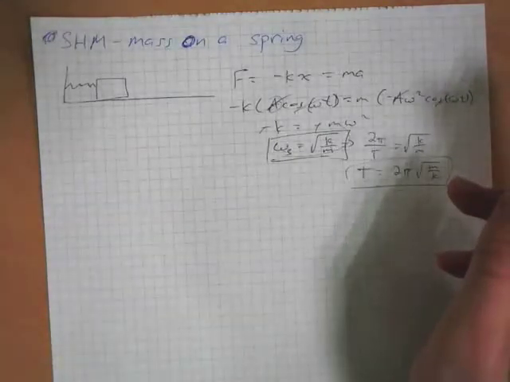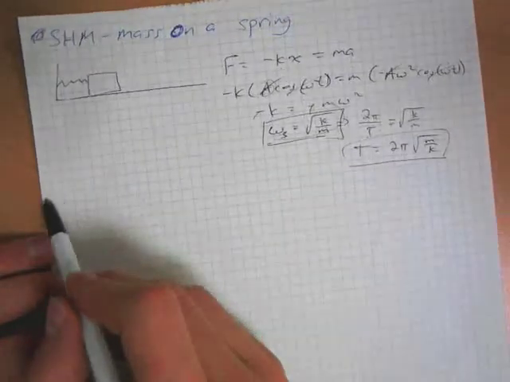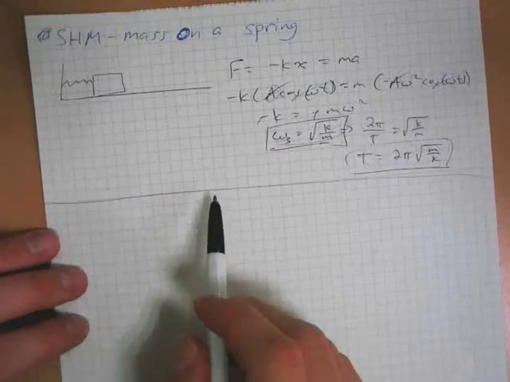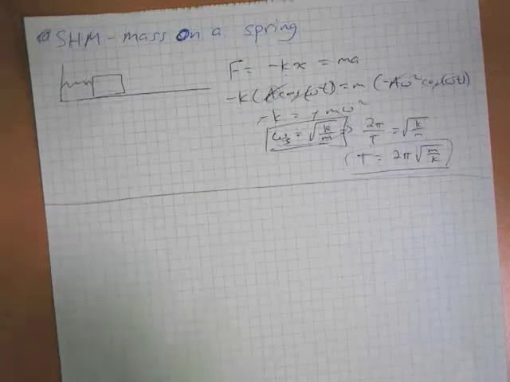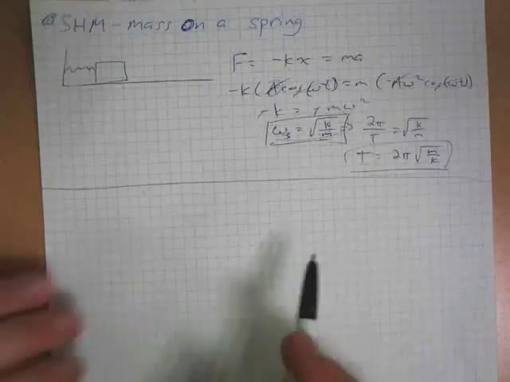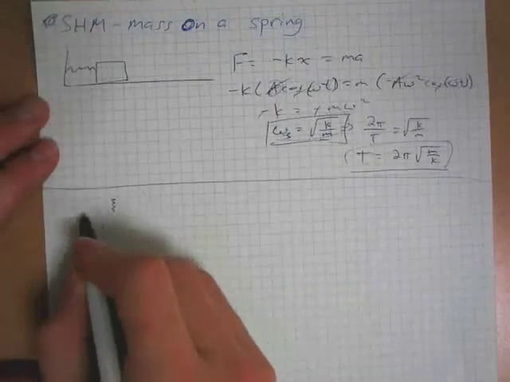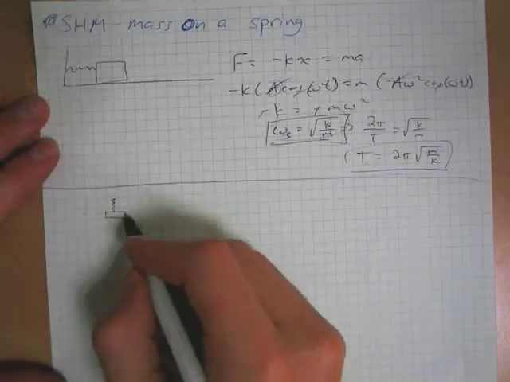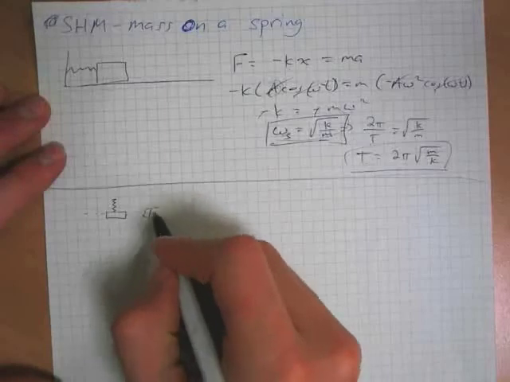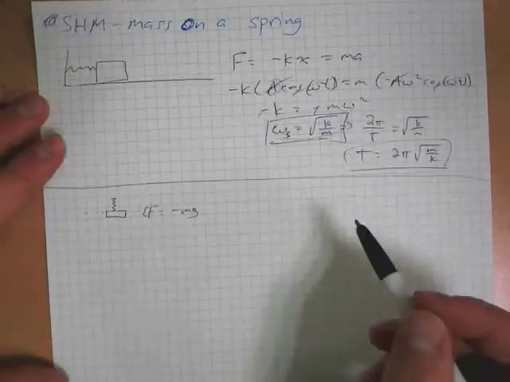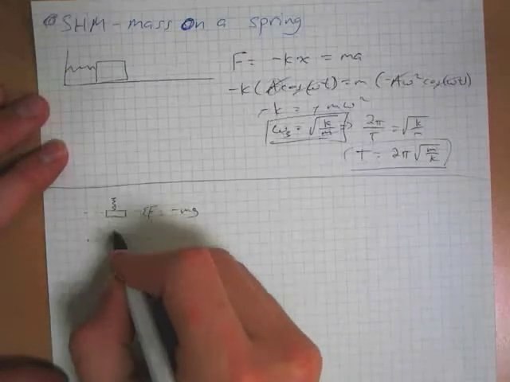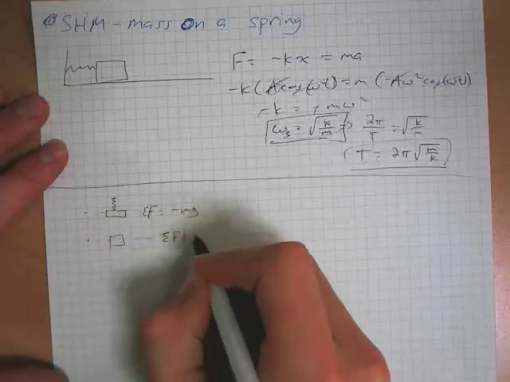A vertical spring actually follows the same sort of pattern as a horizontal spring. You'd think that with gravity being involved, it might work out differently, but that is not the case. If we look at forces on a vertical spring, say up here at the equilibrium position of the spring, the spring force is 0, so our net force is just minus mg. That's pretty straightforward. Down here, there's a point where the spring is stretched to a certain point, and the sum of our forces is going to be 0 because